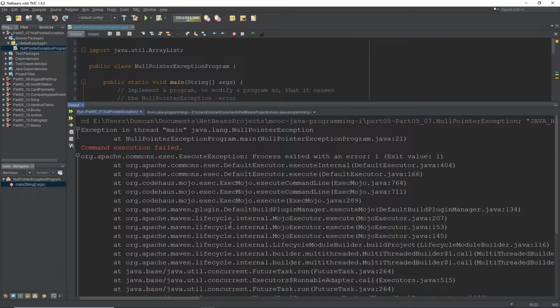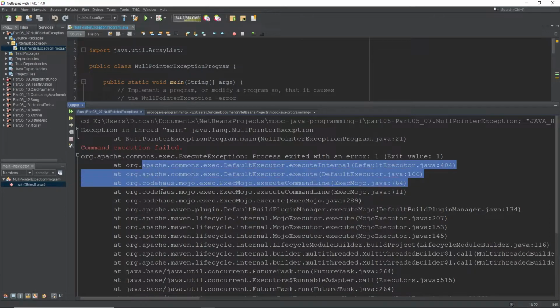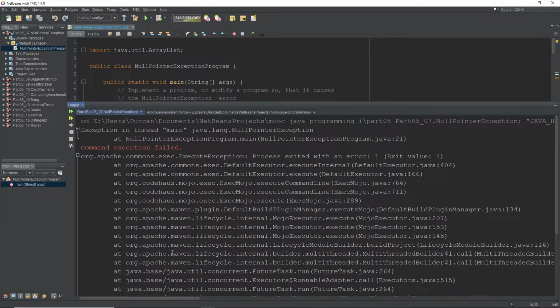We're using the AdoptOpenJDK. If you're using the regular JDK, your error might be slightly different because it won't necessarily have these Apache-made classes and folder locations. But what you can see here is that we've got errors on line 764, 711, but actually these are referring to other classes and other objects. The bit that we're interested in is this line here that tells us very specifically that our null pointer exception